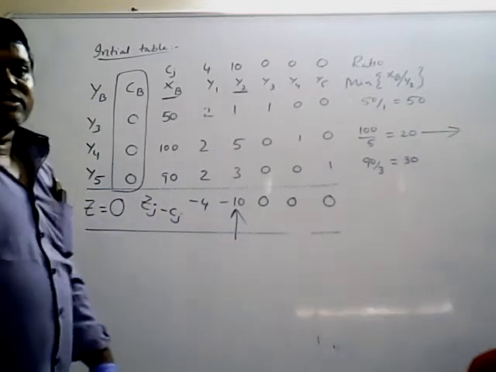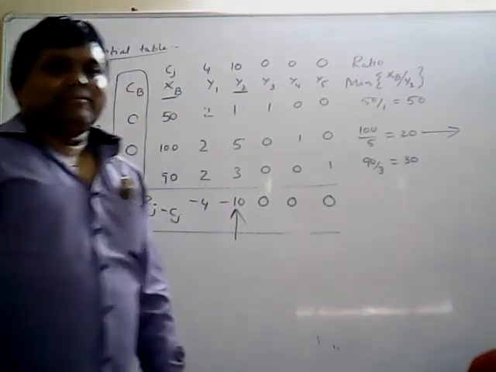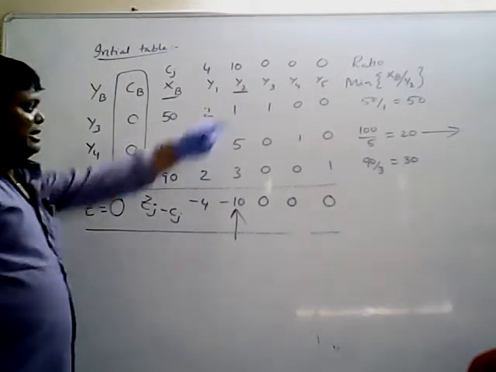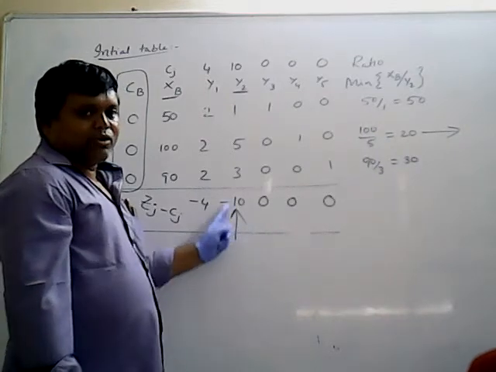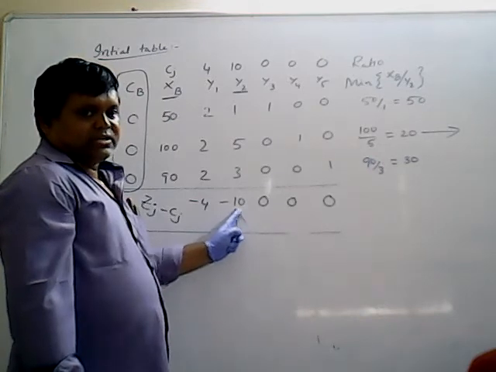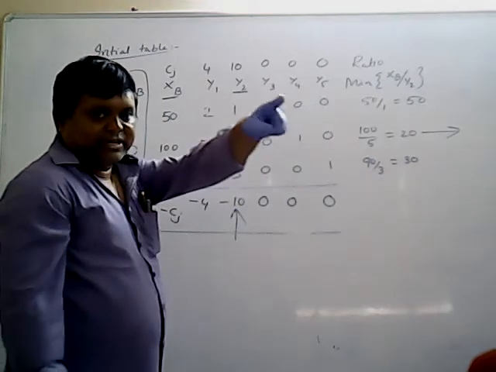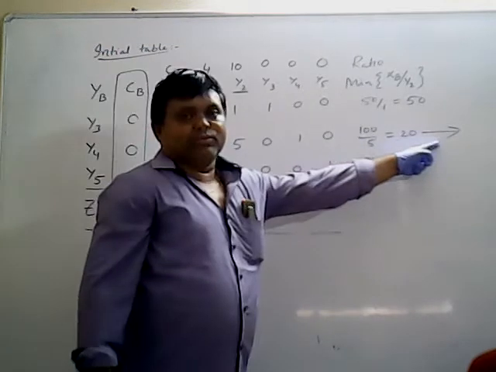Next step is to identify the leading or pivotal element. Leading element or key element you have to identify. How will you identify the leading element or pivotal element? The element which is common to the entering column. See your entering column. The entering column is this one. An inward arrow is there. So this outward side means leaving column, leaving row. The element which is common to the entering column and deleting row.